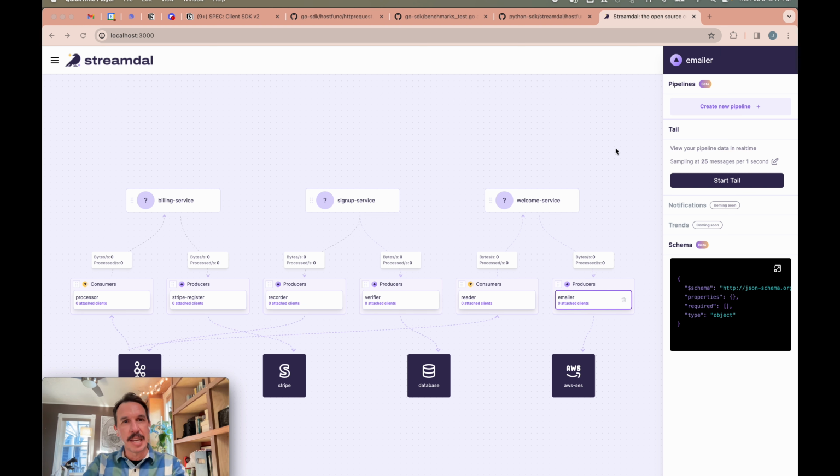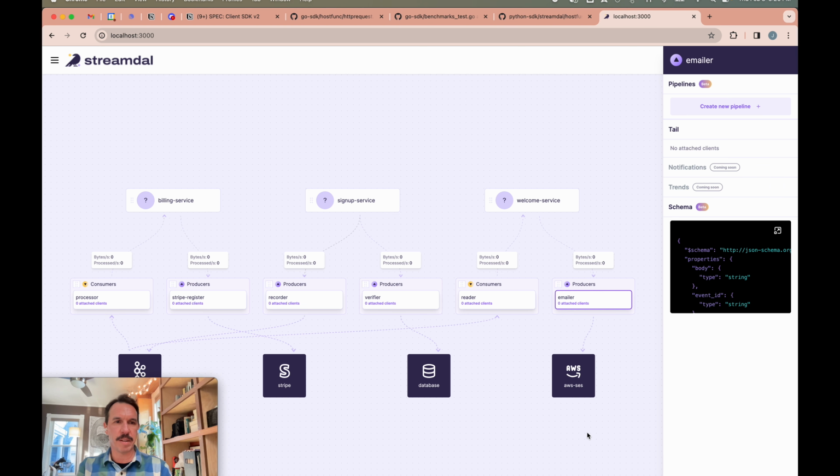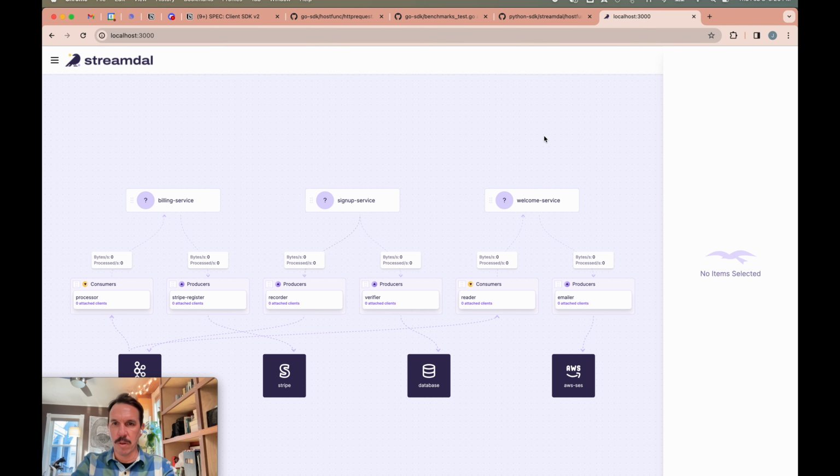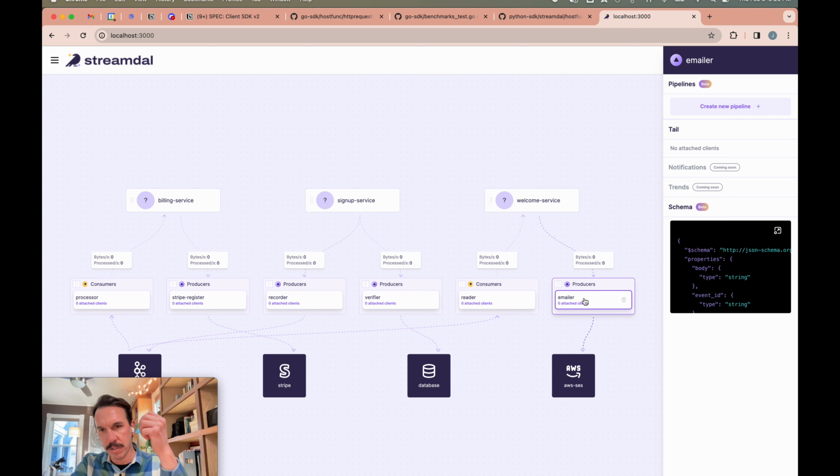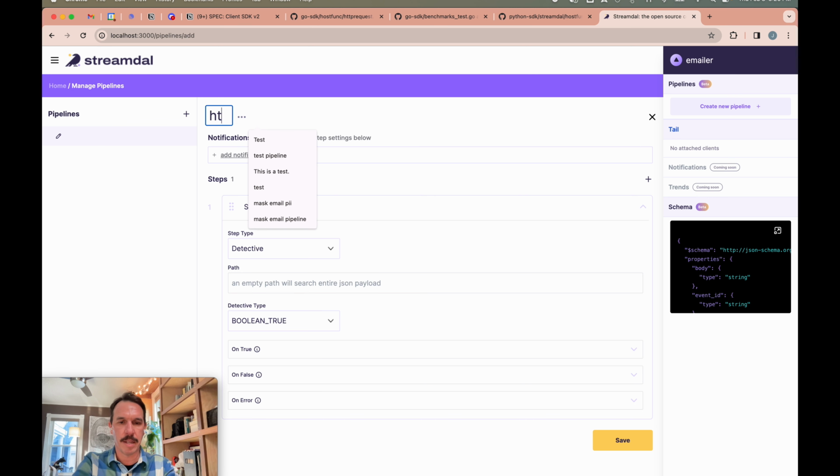Let's get started. Here in the console, I have a pre-populated set of services and will create a pipeline that sends out an HTTP request. We will choose one of our services. Here we'll choose the welcome service, a producer that sends out an email. Click on Create Pipeline, name the pipeline,